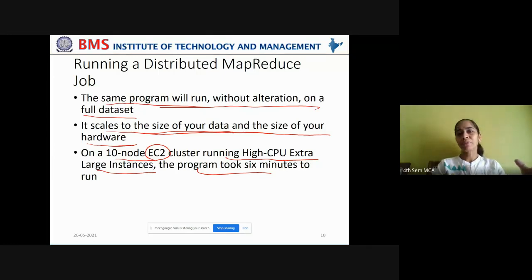weather conditions that are captured by sensors at various weather stations. That program took 6 minutes to run. That voluminous amount of data just took 6 minutes to run if it is run on a 10 node EC2 cluster. Now imagine if you increase the number of nodes or if you increase the number of clusters, this processing time will still come down. It may be in 1 minute or it may be in 30 seconds that entire processing